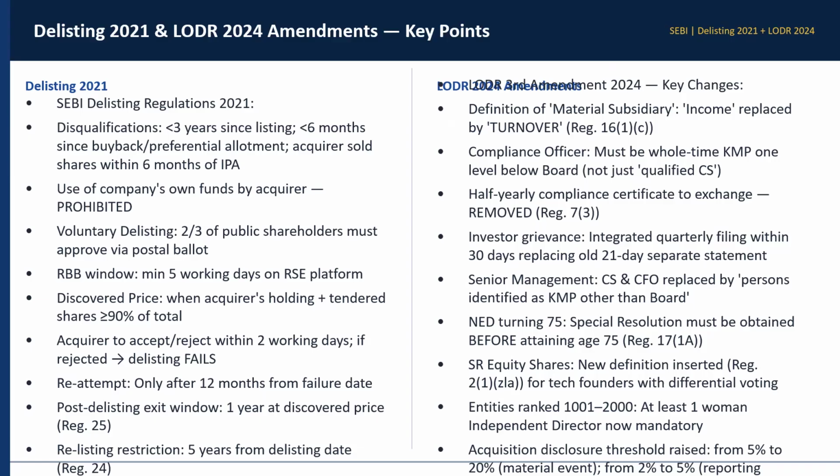सीनियर मैनेजमेंट में CS एंड CFO was replaced by persons identified as KMP other than board। ठीक है। जो नॉन एग्जीक्यूटिव डायरेक्टर है, इफ इज टर्निंग 75%, देन स्पेशल रेजोल्यूशन मस्ट बी obtained बिफोर अटेनिंग द एज ऑफ 75 years। ठीक है। कुछ स्पेशल राइट्स इक्विटी शेयर्स हैं। सो न्यू डेफिनेशन इज इंसर्टेड फॉर टेक फाउंडर्स विद डिफरेंशियल वोटिंग राइट्स। ठीक है। एंड एंटिटीज विच आर रैंक्ड फ्रॉम 1000 to 2000, एटलीस्ट वन वुमेन इंडिपेंडेंट डायरेक्टर इज नाउ मैंडेटरी। ठीक है। एक्विजिशन डिस्क्लोजर थ्रेशोल्ड इज रेज्ड फ्रॉम 5% to 20%। इन केस ऑफ इट इज मटेरियल इवेंट, एंड फ्रॉम 2% to 5% रिपोर्टिंग इवेंट।